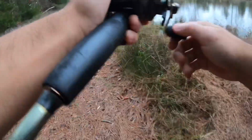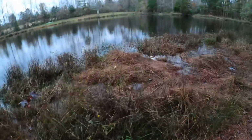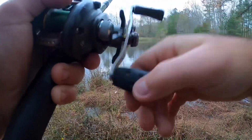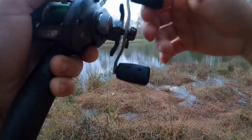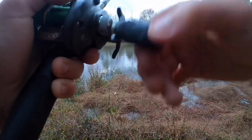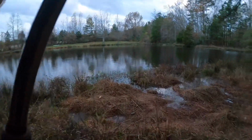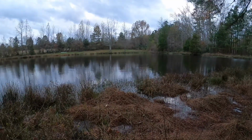I'm just trying to locate the school again right now. Sometimes what they'll do is they'll move throughout the pond and end up right back in the same place. So a lot of times what I do when I get on these fish, when they're schooling like they are,